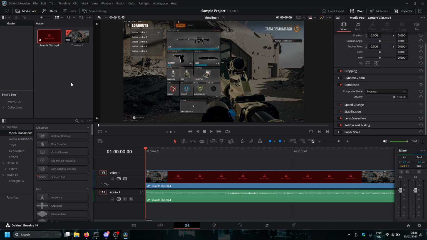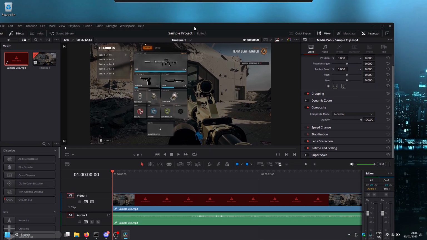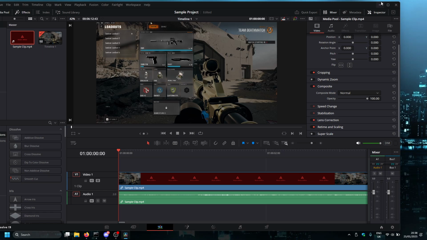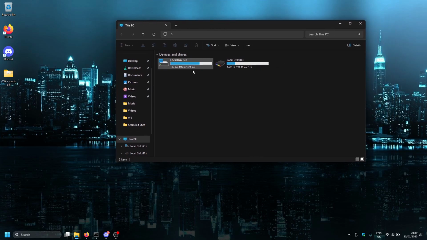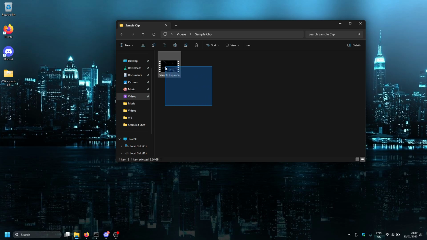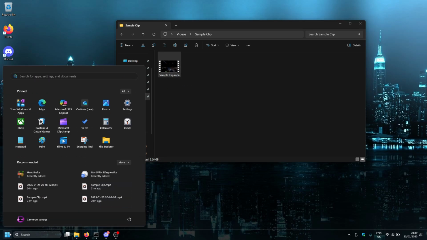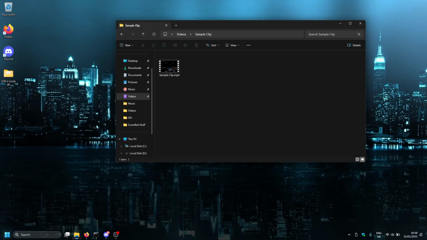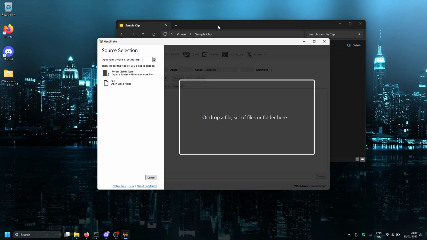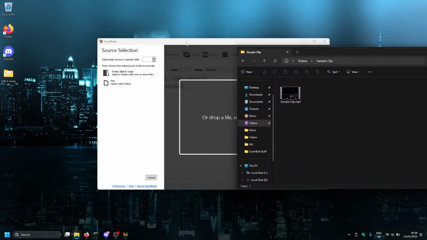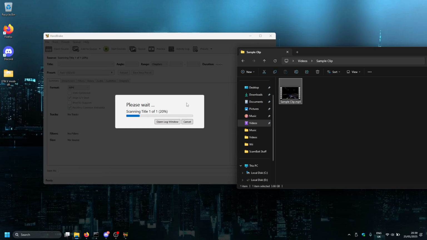Now, if all else fails, not everything's lost. So what you want to do is close DaVinci Resolve, and then open up your file explorer. You want to go to your videos and go to your clip, for example, this is my clip. Basically, this fix is going to fix the codec issue, which might cause your media offline issue on DaVinci Resolve. So you want to go into the description and download Handbrake, and open this up. Now, once you've installed Handbrake, you want to drag your clip into here